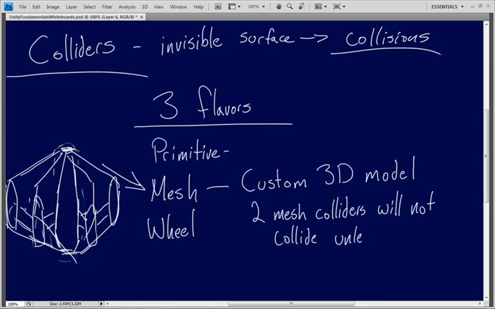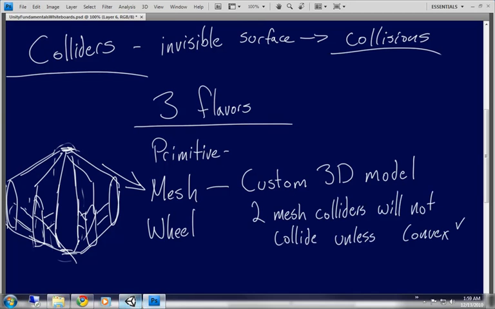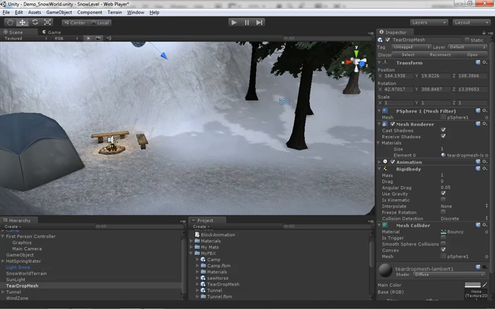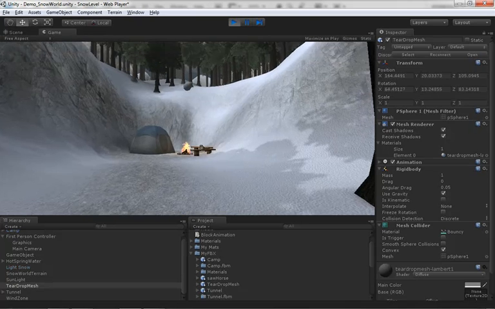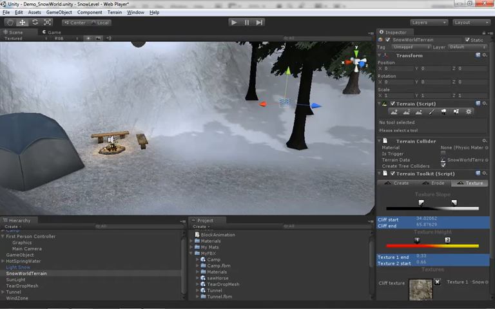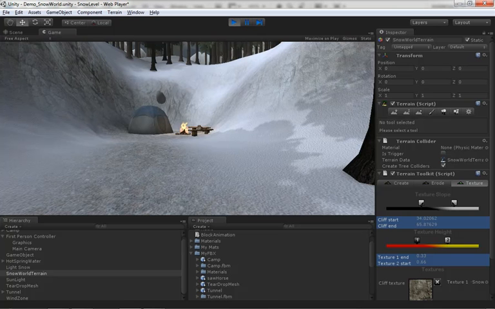Unless we use convex. And convex is a checkbox you just saw on the properties earlier on. So let's go back over into Unity, and we'll check convex and hit play. And now as soon as we do that, we bounce off the ground. Which means, obviously, our terrain has to be a mesh collider of some sort. But it's a special type. Well, our terrain, if we were to select the terrain, you'll see that it actually has a terrain collider on it. And again, that's going to be a special case specifically for terrains, but it's being calculated similarly to